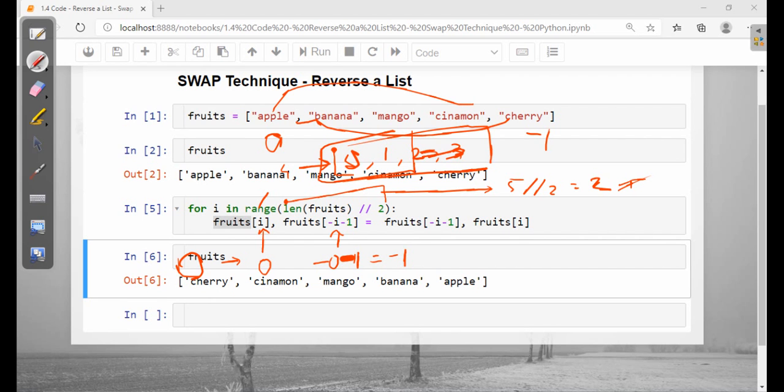Now consider the next step, 1. Here we have minus 1 and minus 1 minus 1 is equal to minus 2. So this one is 0 1 and this one is minus 2. This negative indexing we can use to reverse while swapping the elements. It's a one line of code to reverse a list, and it can demonstrate a lot of your ability. You are using the swap technique, first traversing half of the list elements, and demonstrating the Pythonic way using a one-liner swap.